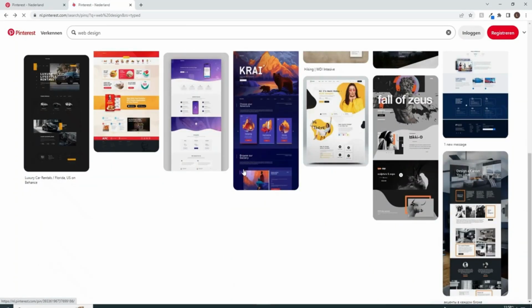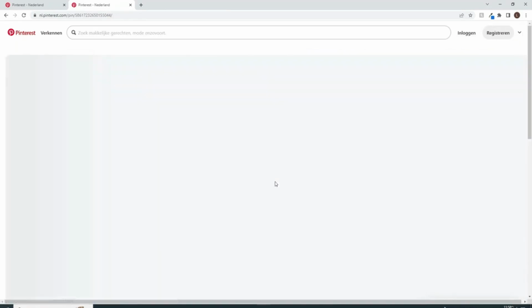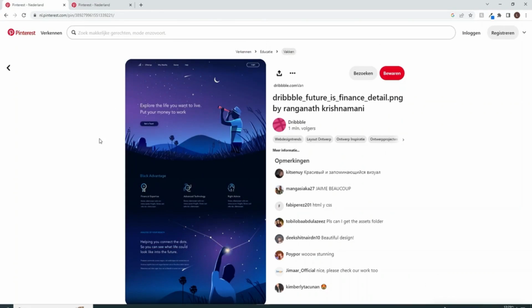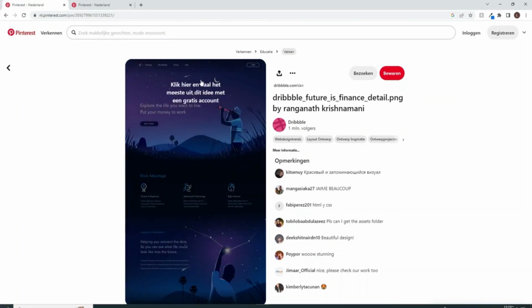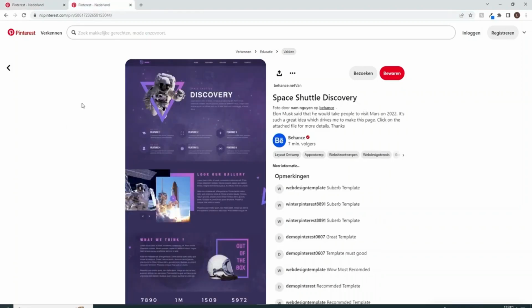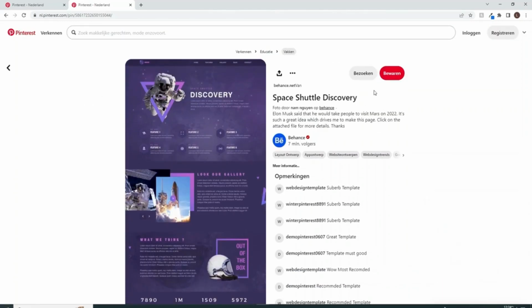And then let's scroll down a little bit. And there we go. This one I also really liked. So the point of this inspiration is not to copy these exactly, but just to get a rough idea of some of the elements in here that you like and that you want to implement on your own website. And you could of course also find some inspiration in the colors that they use that you think look good. So to save these images, you could make a screenshot of them, or you could log in and save them